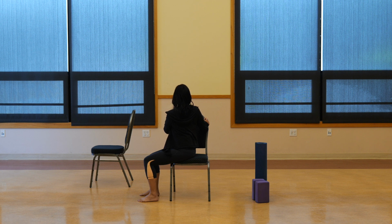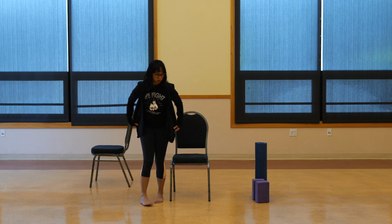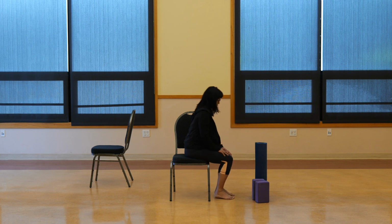Inhaling, lengthening, and exhale, rotating. One more breath. And when you're ready, you can unwind, come back to neutral. And now let's travel to the other side of the chair. So you're gonna go ahead and come into that spinal twist at the other side of your chair. So you could just rotate on the seat of your chair or stand up and just take a seat again